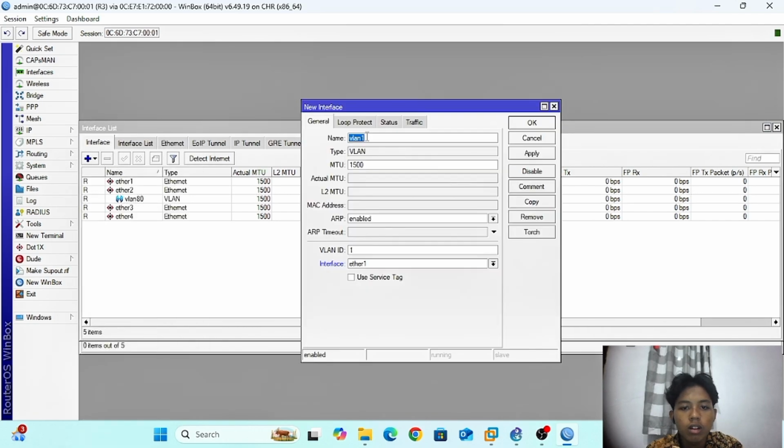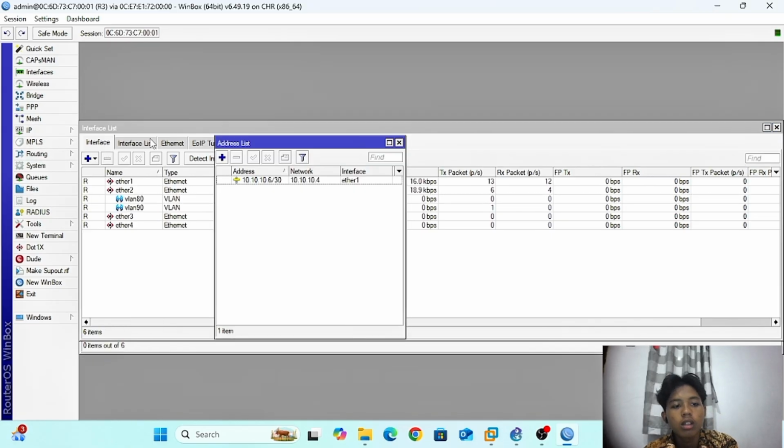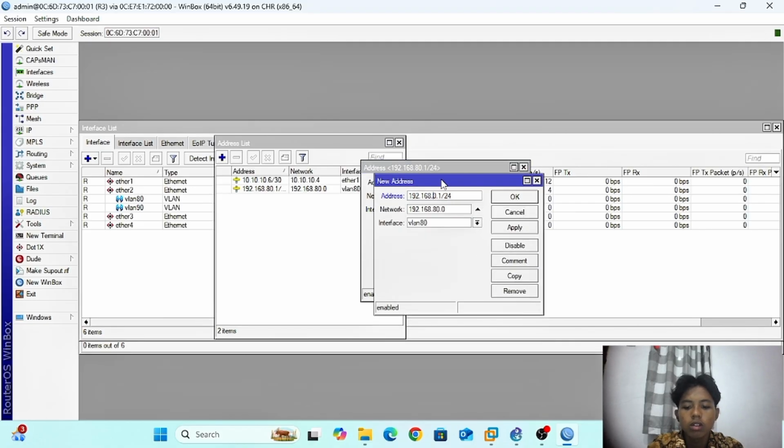Add VLAN 19 and VLAN ID 19, on Ether 2, and add IP for VLAN 18 and 19, prefix 24. VLAN 18, copy, VLAN 19. Apply, okay.